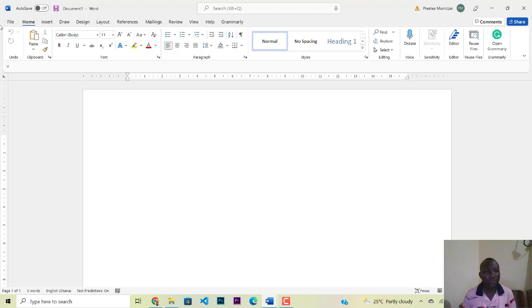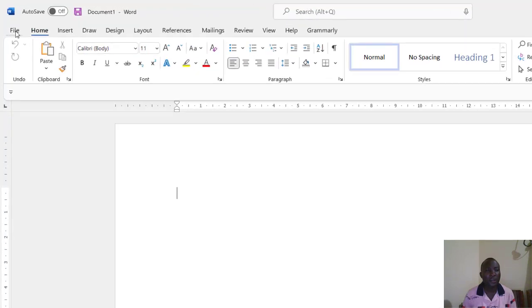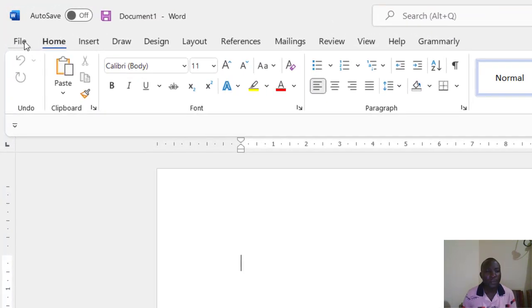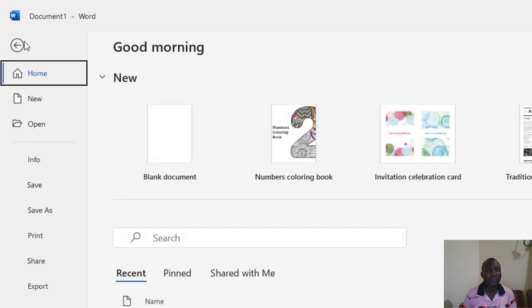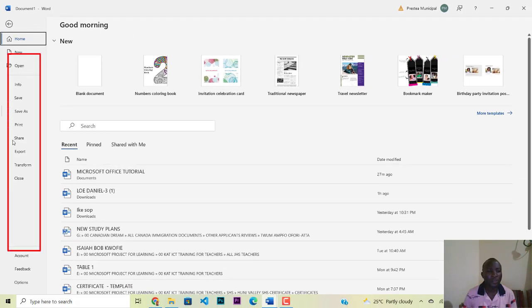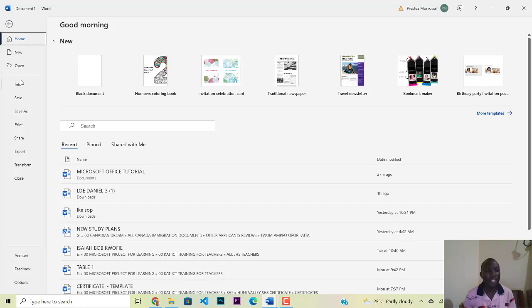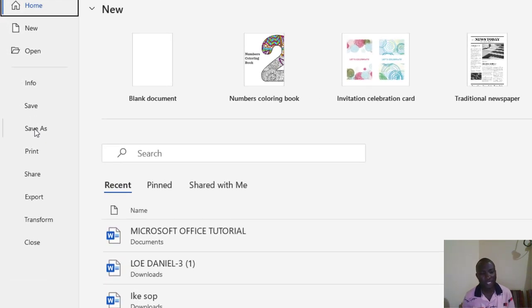In simple terms, we will go to this File tab and click on it. Now we see that this menu will open. Now where are we going? We need to go to Save As. Save As simply means what name do you want to give to your document? That is, save as what? Or what name do you want to give to your document? So you click on the Save As button